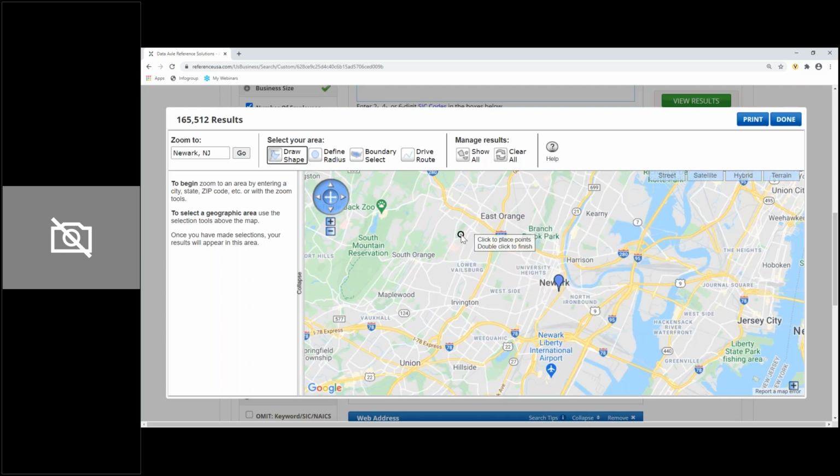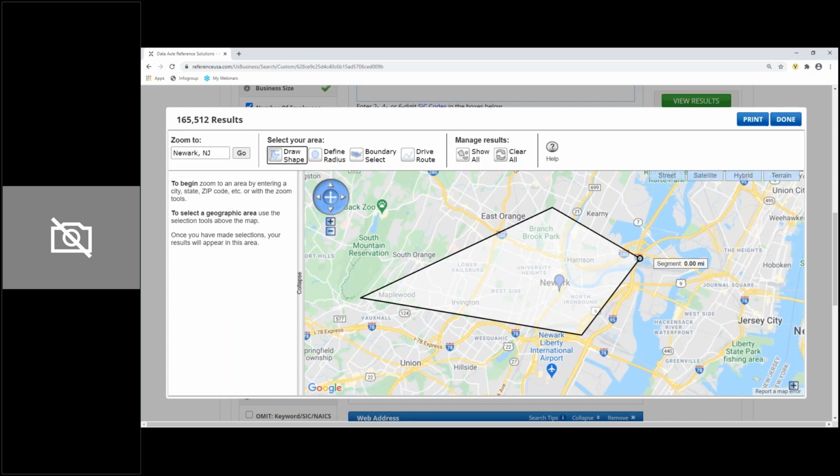And you don't need to use any boundary that might be listed. I could start off in the middle here, and it's a single click to start it, and then I can go whichever direction I want to go. Maybe I want to come down here to Maplewood and then come back over to here and then up to 95, and that's where I'm going to stop. So I would double click to finish it,